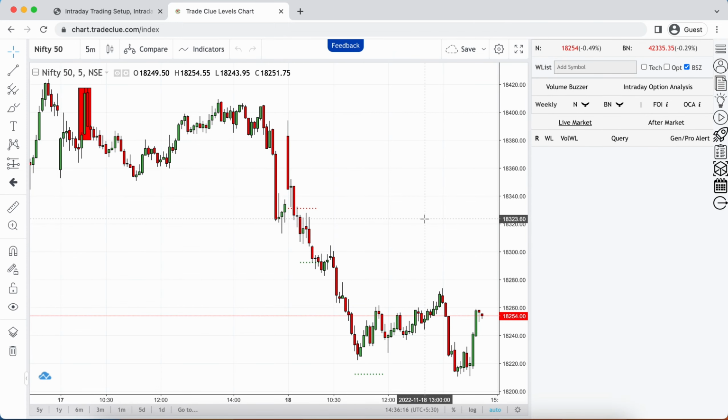Once you see the screen, on the left-hand side is the charting tool and on the right-hand side is the trading panel, the place where you can add your watch list, or where you will get all the pro alerts of TradeClue. Now you can put in any of the charts. All the charts are present over here. For example, if I look at Reliance,